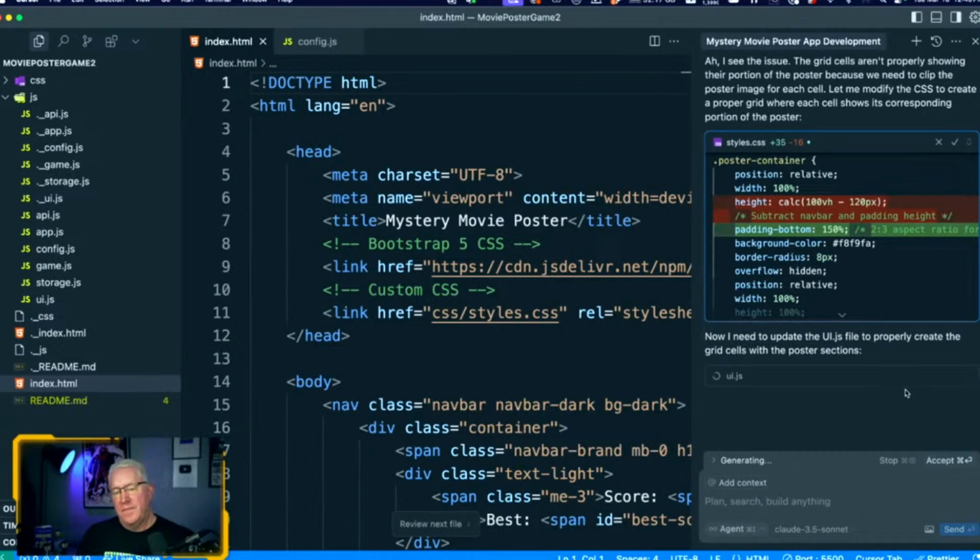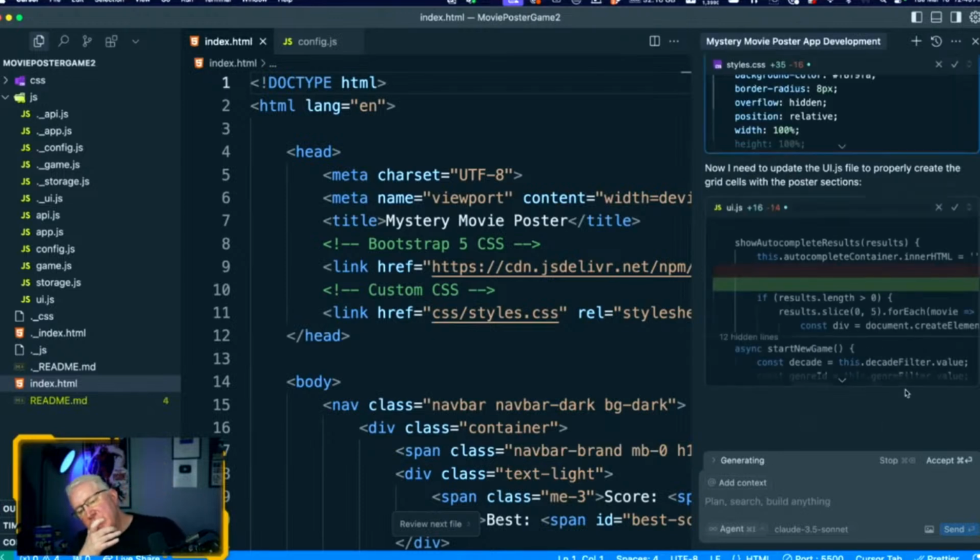What's it doing? Now we need to update the JS. Which JS file is there? The UI JS file, to properly create the grid cells with the poster sections. Okay. It's thinking about it. Really is thinking about it, isn't it, this time? Oh, there we go.